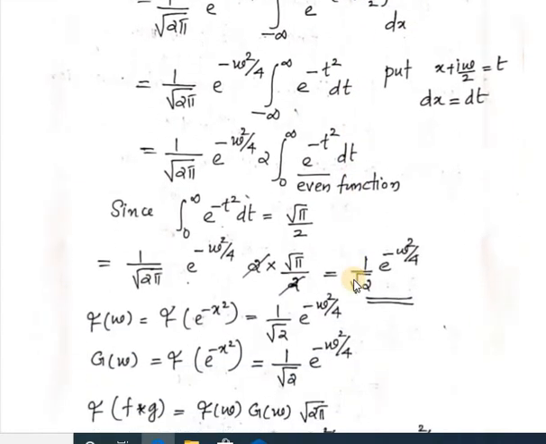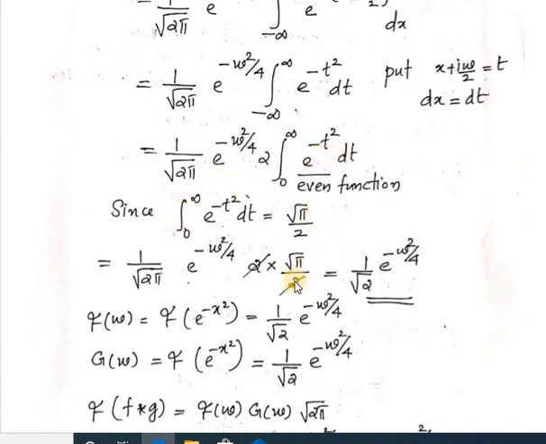And now we can say that this is an even function, that is, when we change this one by the minus term, this is a second degree term, so it's an even power, so this is an even function. So this will change to 2 times the integral from 0 to infinity of e raised to minus t square dt. And we have a predefined integral value: the integral from 0 to infinity of e raised to minus t square dt is root pi by 2. We learned this earlier in the semester, in multiple integrals. This is equal to root pi by 2.